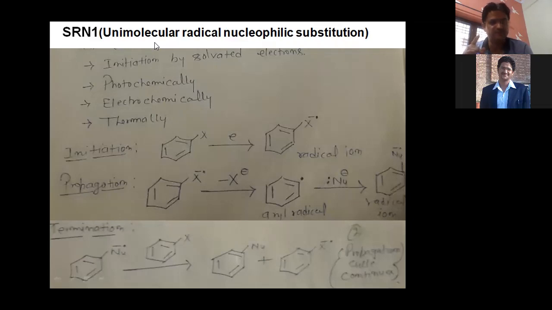The first mechanism is the bimolecular, SN2 type mechanism. The second mechanism is the benzyne mechanism, the elimination-addition mechanism. The third mechanism is the SN1 type mechanism. The fourth mechanism is the SRN1 type mechanism. So these are the most important